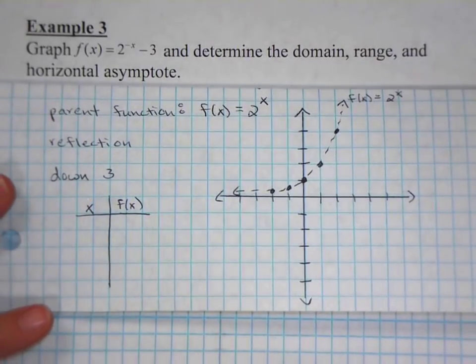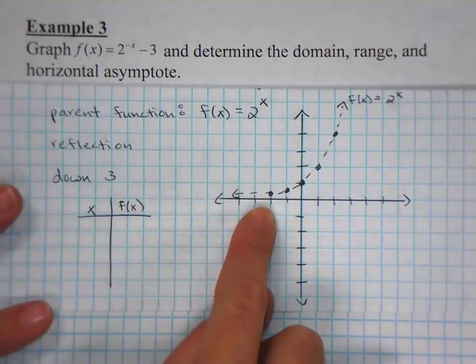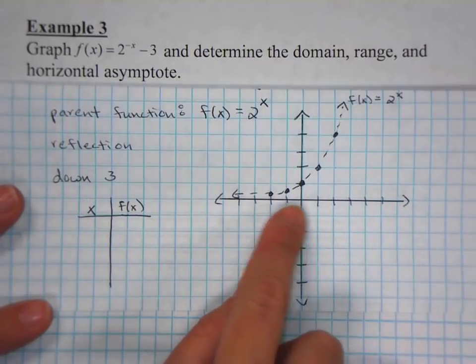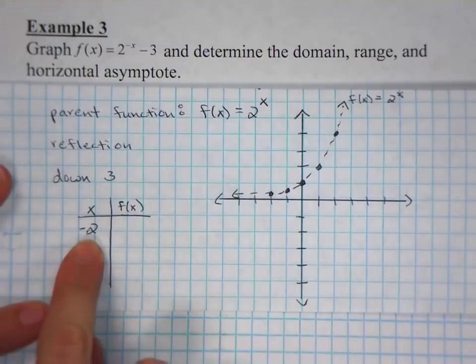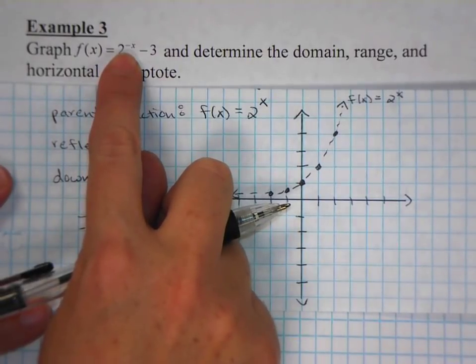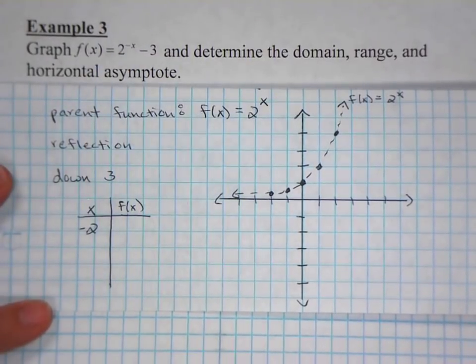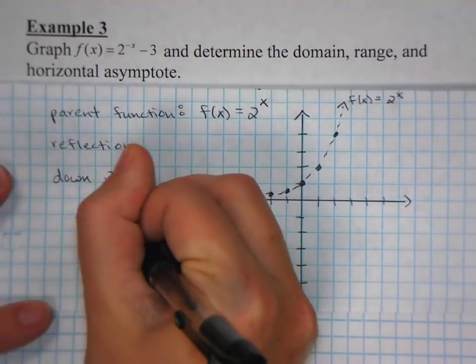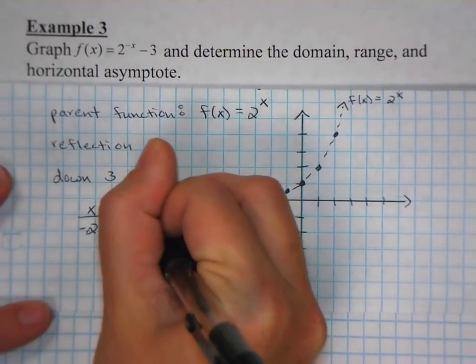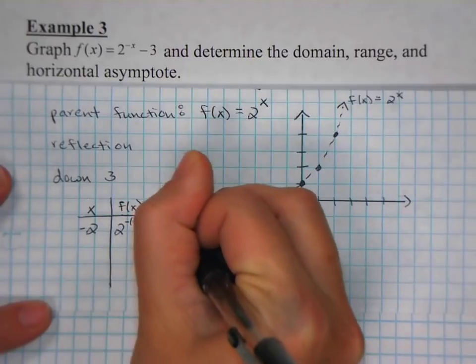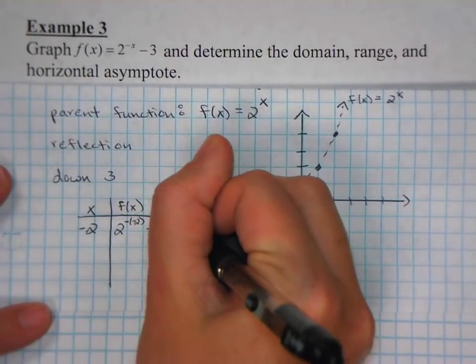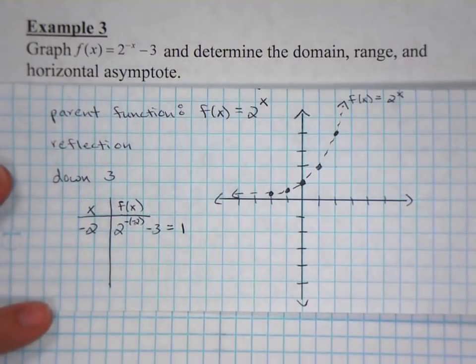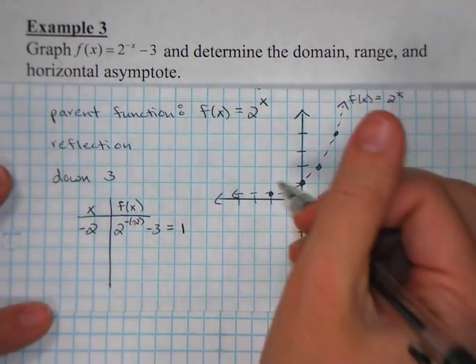So maybe even just to start over here, we can start to see what happens with the graph, what kind of reflection it has. So if I take the x value of -2 and I substitute this into my equation, I'd have 2 to the -2, which would become 2 to the +2. So this would become 2 squared, which is 4, minus 3, and that would give me a value of 1. So for this new curve, at -2, I'm now at